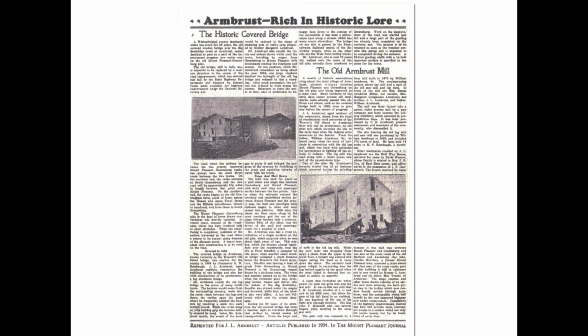This is about the Armbrust family. The original Armbrust came from Germany and showed up in this country around 1804, made his way to Greensburg. It seems like he stayed in Greensburg, and he worked in the newspaper, one of the first German newspapers in the area. He wrote for the newspaper. He also taught in schools. He was known as a school teacher. He taught German in the local schools. One of his sons,